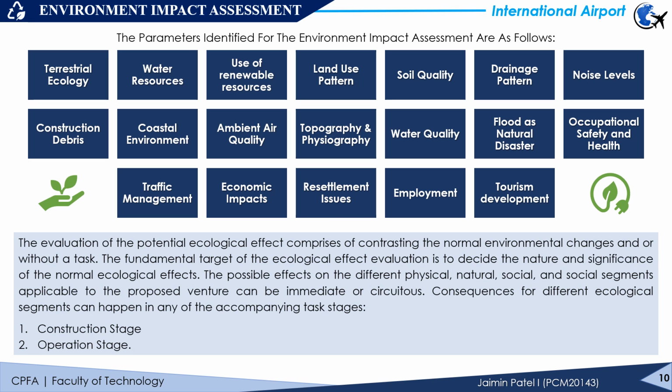Yes, so next is the environment impact assessment. In this, first the potential environment parameters are identified. Then the impact of the construction and operation phases of the project on the parameters and evaluation of the environment parameters are done, and the mitigation measures are provided for the parameters. So parameters are categorized into three main categories. Further, each category consists of several parameters, like ecological includes terrestrial ecology and water resources. Then physiochemical parameters include soil, water, air quality, noise level, and last, human interest parameters include economic impact, environmental, and